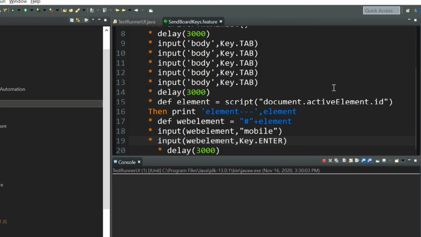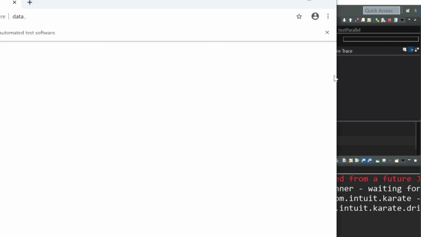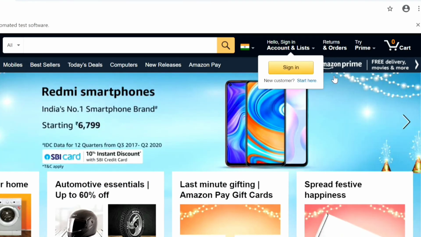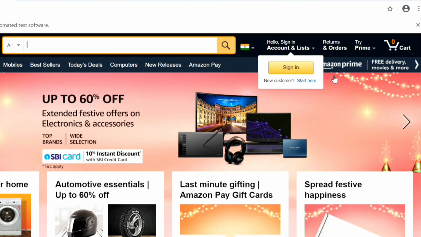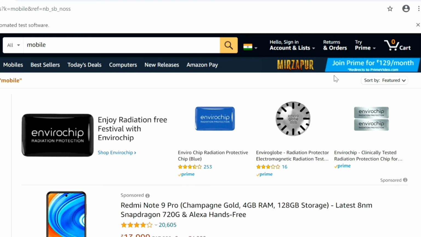Let's run it. So it should pass the mobile keyword now, and it should click on the enter button. So it worked now, right?